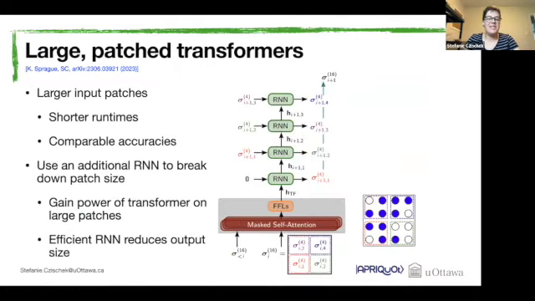But Kyle did not give up, and he came up with what we call the large patch transformer. The idea here is that we use our transformer model just the same way as before, and now we send in larger patches. So we send in patches of 4x4 atoms. But instead of just sampling the configuration of the next patch of 16 atoms, Kyle sent the output of the transformer model into a smaller RNN. And this RNN breaks down this large patch into 4 smaller 2x2 patches.